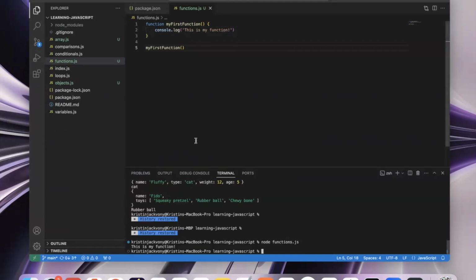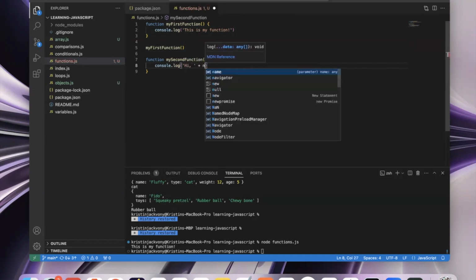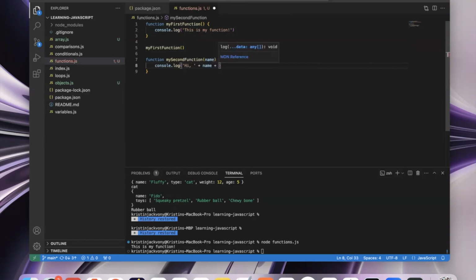Well, that was pretty basic. So let's see if we can write another slightly more complicated function. So we will say function, mySecondFunction, and again with the parentheses, but this time we're going to put something in the parentheses. We're going to say name. So that's going to be a name variable that gets passed into the function. So then we have the curly braces, and now we'll put console.log, and then we'll say "hi, " (comma, space), and then plus, and then the variable name, and then